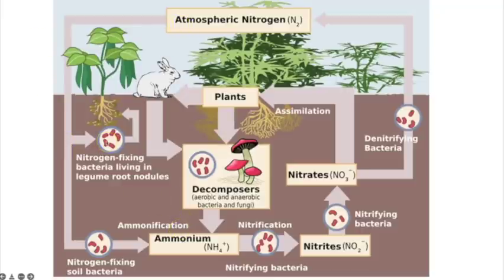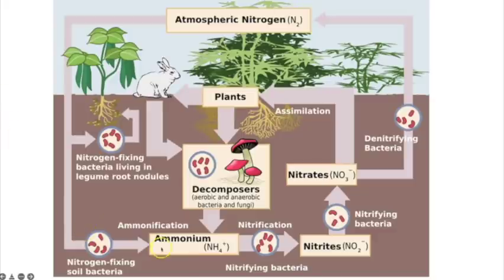And that will either be done directly by nitrogen fixing bacteria in the root nodules of leguminous plants, which are types of plants like clover and beans, which have these lumps or nodules on their roots that contain bacteria. So for them, the bacteria will directly convert the nitrogen in the atmosphere into ammonium in their roots. Plants that don't have those root nodules, there is free living nitrogen fixing bacteria within the soil, which can also